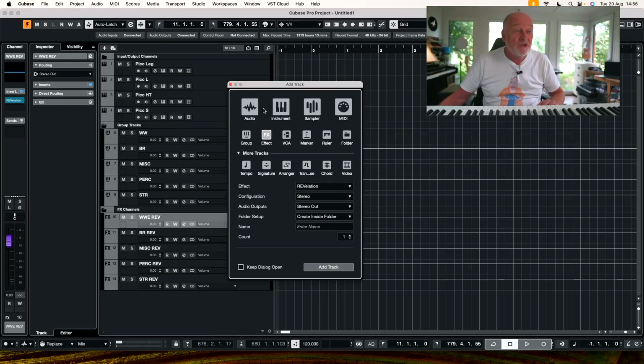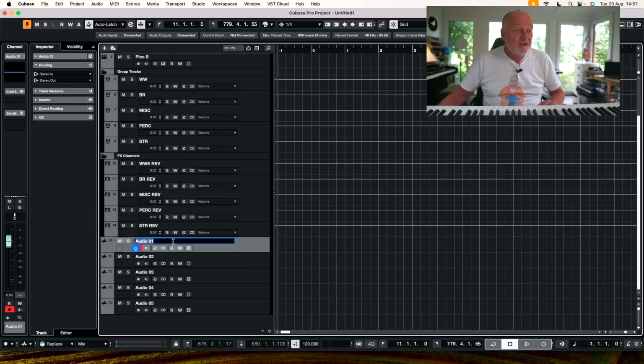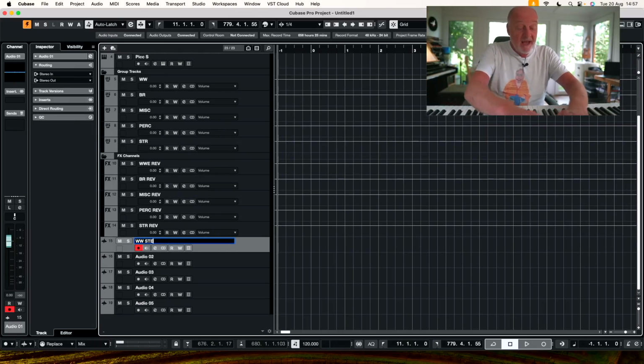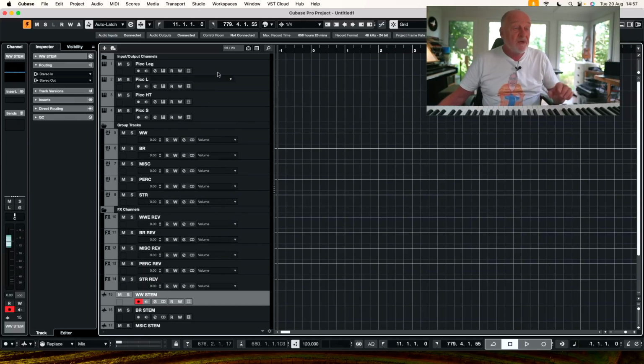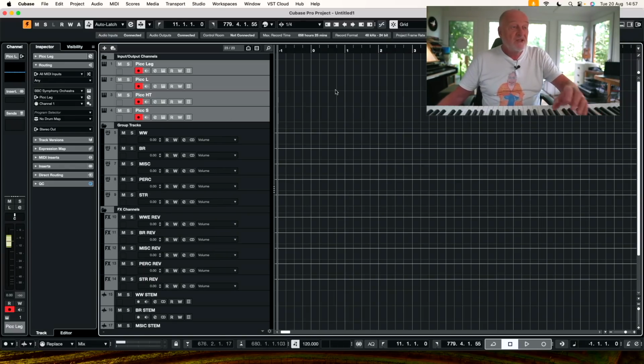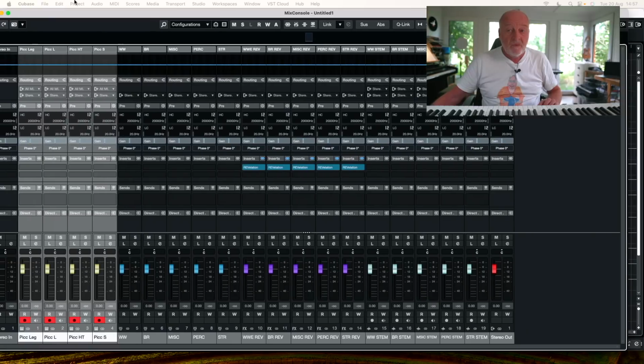And if you then also want to work with stems, you can do the same thing. So you can have 5 stems. So it splits out each of these. So you've got woodwind stem, brass stem, misc stem, perk stem, and string stem. Okay, so what we're going to do is we're going to take these top 5. Here's our